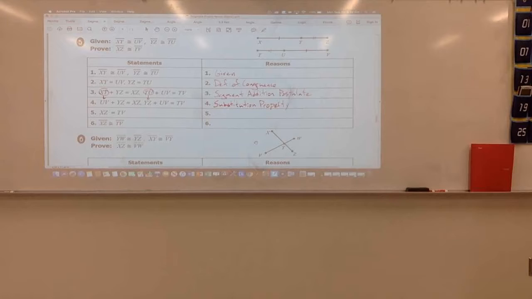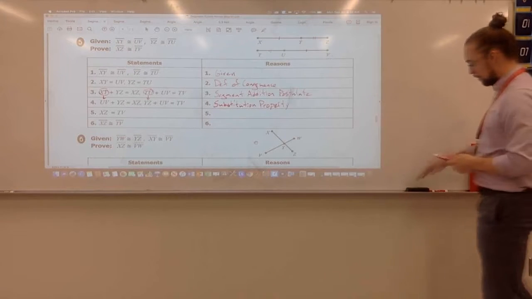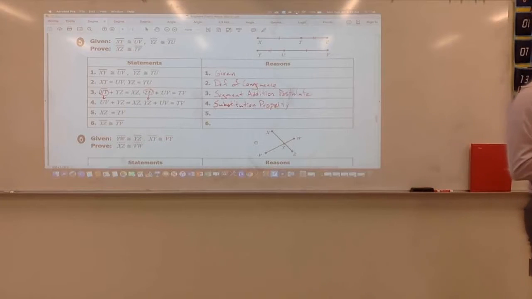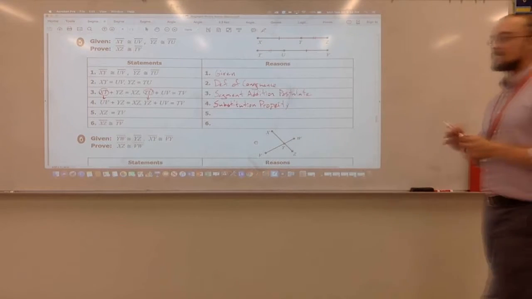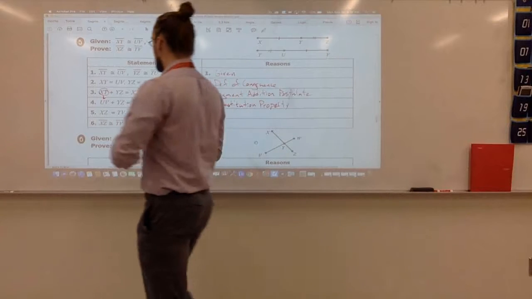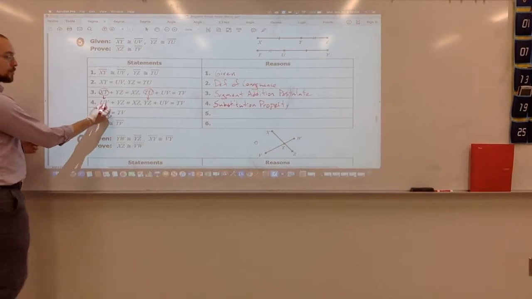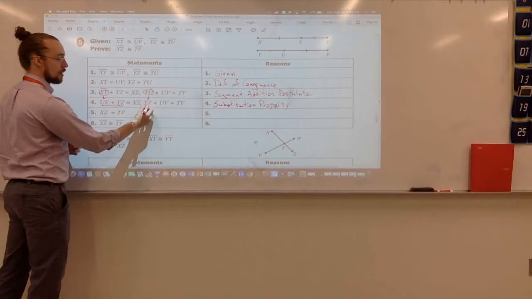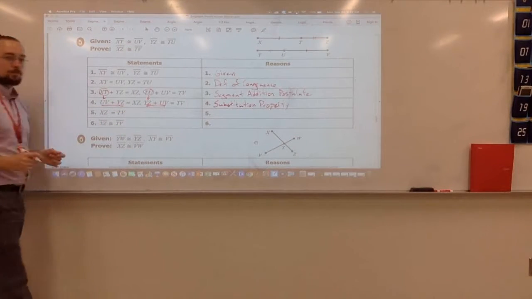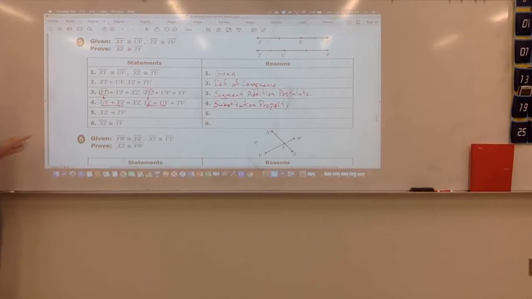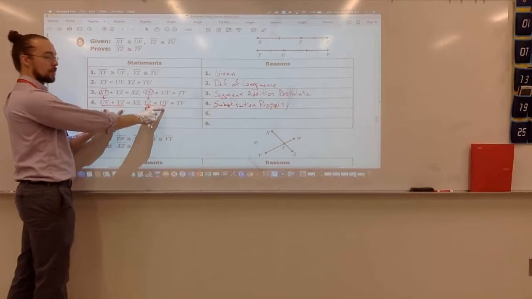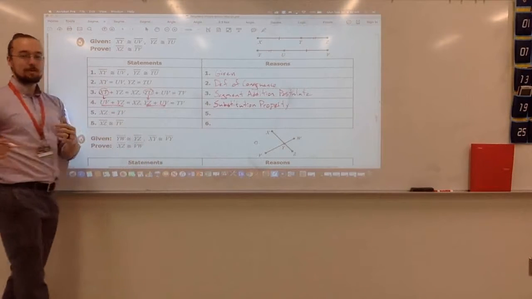Well, now, how can they claim that XZ and TV are equal? It's going to be transitive, right? Because what we're saying is I've got UV and YZ here, and then I also have UV and YZ here. So I'm saying that TV and XZ are equal to the same thing. If they're equal to the same thing,